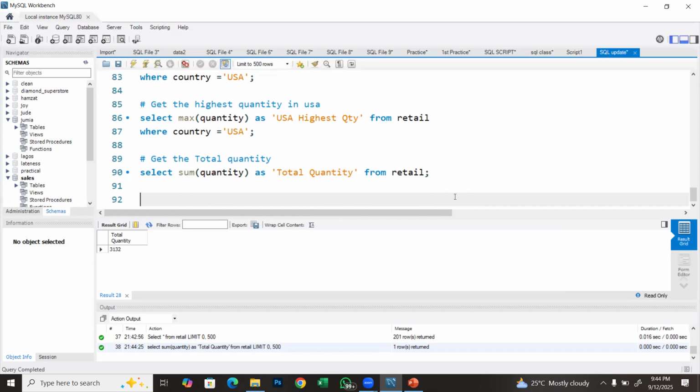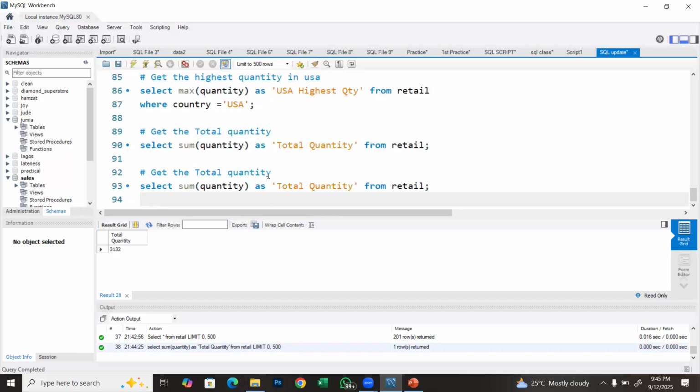Do we understand this? Any question on this? Now, you can put your condition. You can now say, okay, the total quantity of Brazil. Get the total quantity for all the customers in Brazil. Total quantity for all the customers in Brazil, right? So here now you can put your condition where country is equals to Brazil,